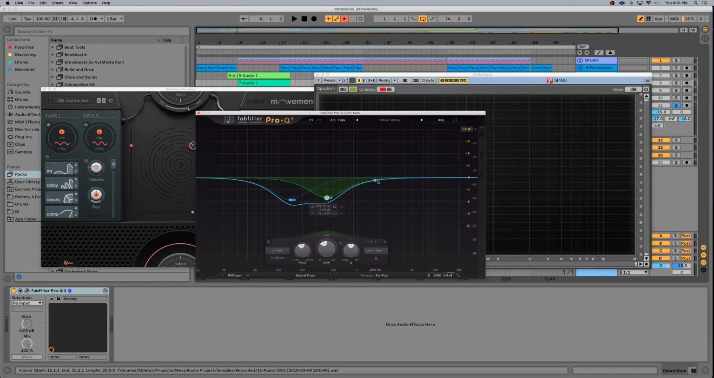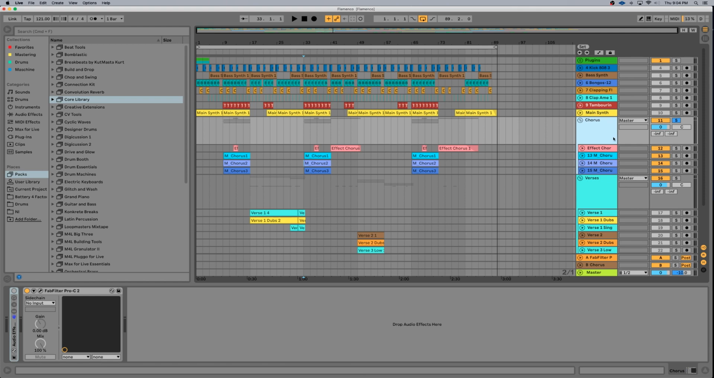You know, there's never going to be a perfect solution. You're going to have to do it on a case-by-case basis, but this is how I solved those issues in this specific song. For this next example, I'm going to show you a different way I did it, which was to